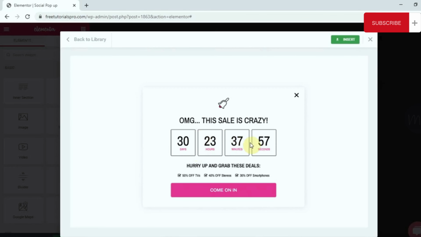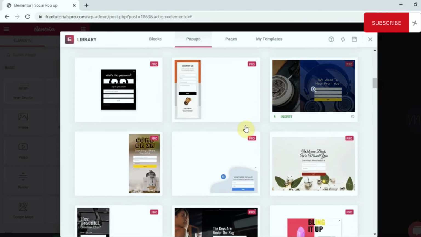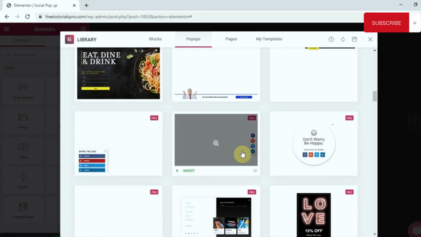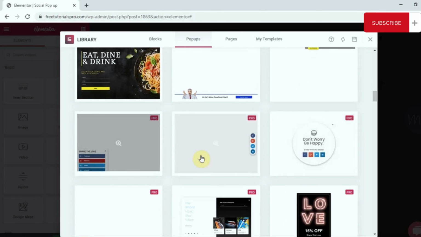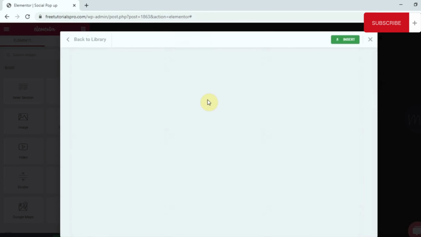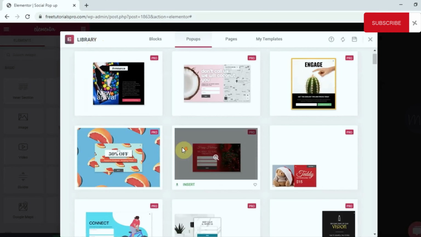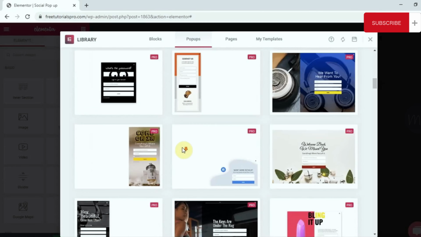So basically it will have a real-time counter on the pop-up. Then again, some lead generation pop-ups. This is a social sharing pop-up which we will create now. Then this is a menu pop-up. Let's just see this. See, this is a menu and it will pop up on your website wherever you want. There are different display conditions which we will come to in a little bit, but there are so many pop-ups,